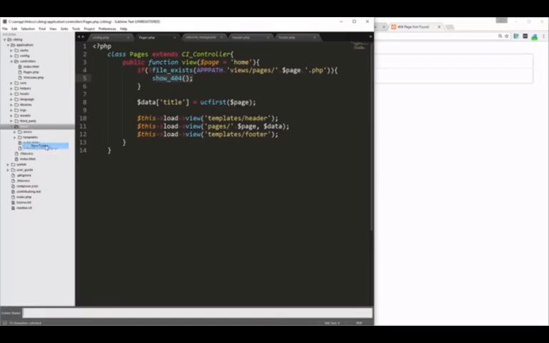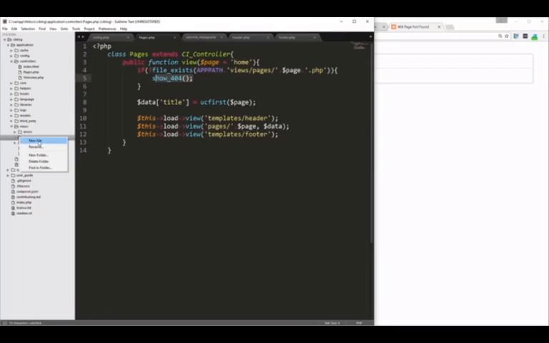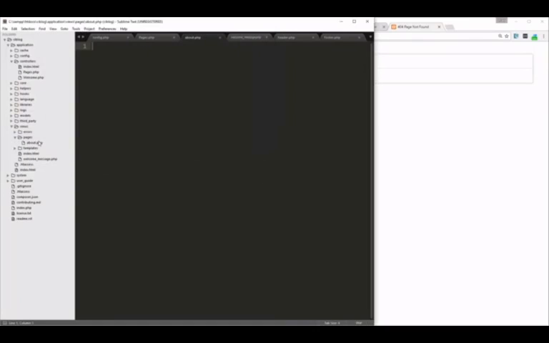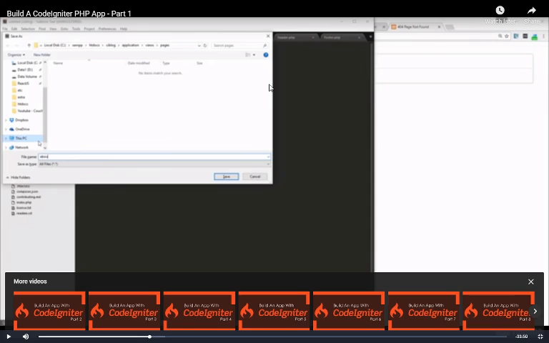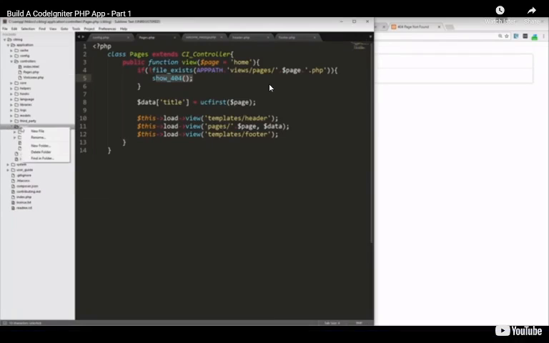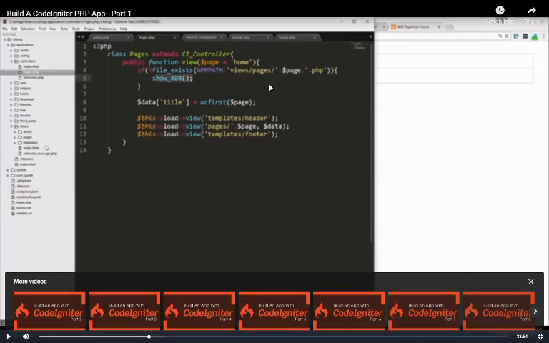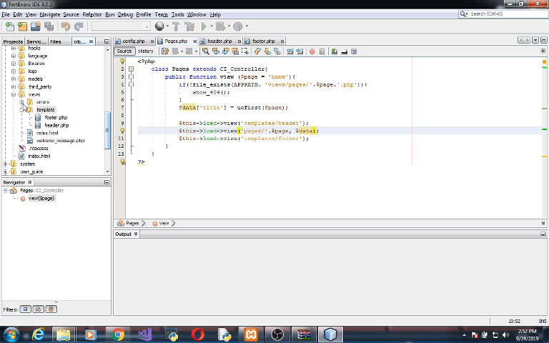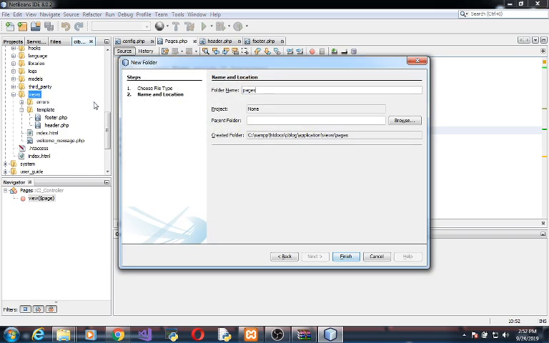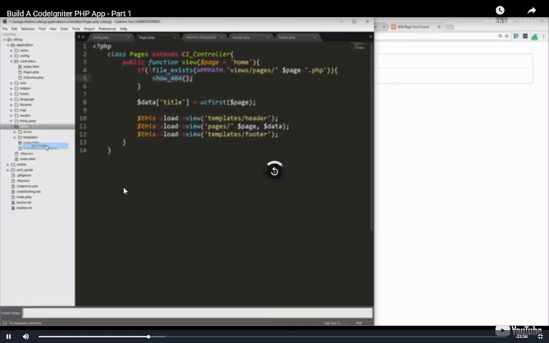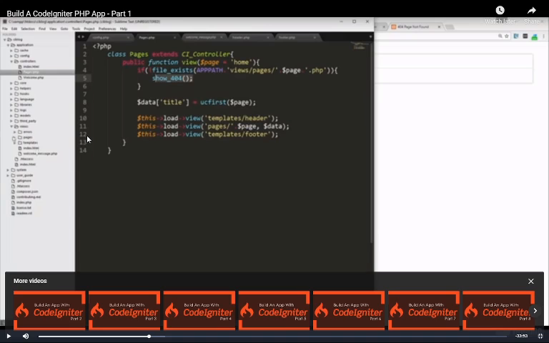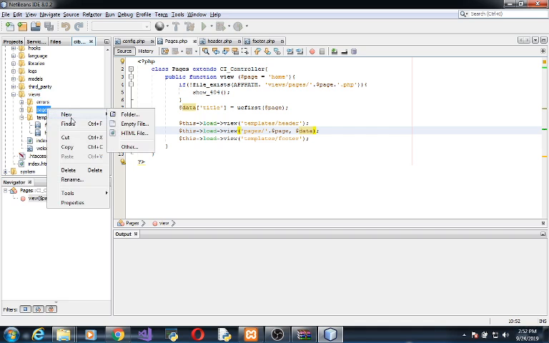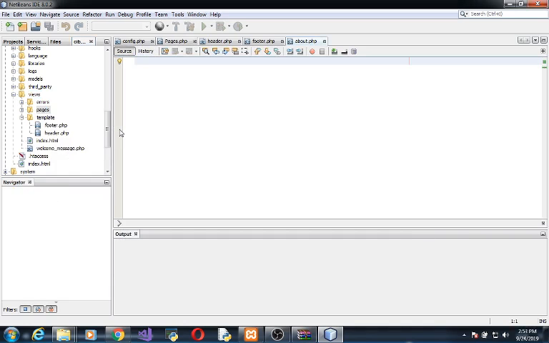So what we'll do is go into views, create a folder called pages, and let's create a file, save it as about.php, and we'll just say this is about, save that,